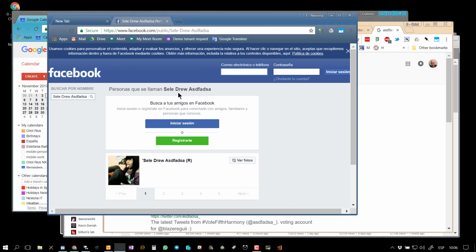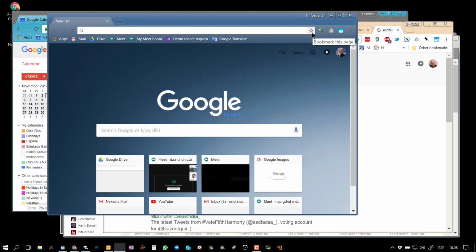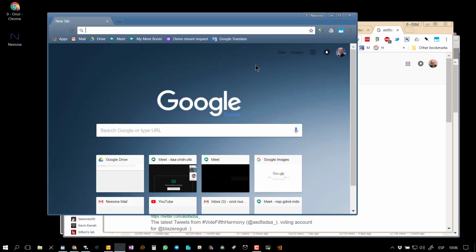How this link has been opened in this other browser. This looks nice. This is useful, but sometimes you have to take that in account because you want to open one link to another place. For example, when I go to my calendar and I want to open Google Meet, which is the tool that we use for